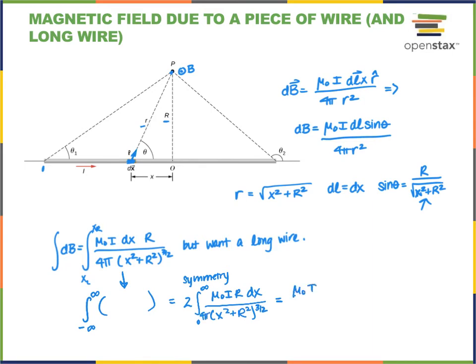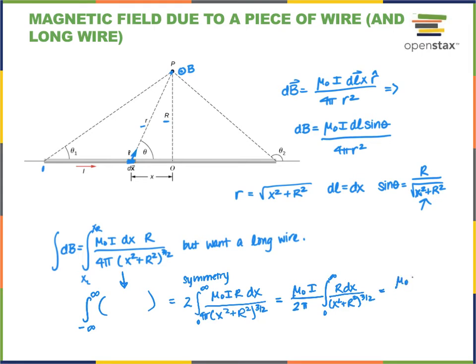That's going to give us mu naught I over 2 pi times R dx, from 0 to infinity, of x squared plus big R squared to the 3/2. And then if we integrate that,